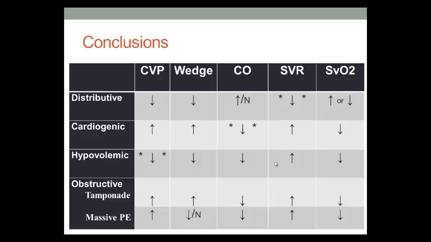So I think, and then of course this is kind of what you see in your 4 different causes of shock. And the key thing is that SVO2 can be high or low in your distributive shock, and then so